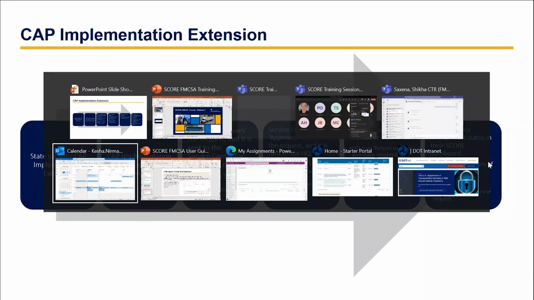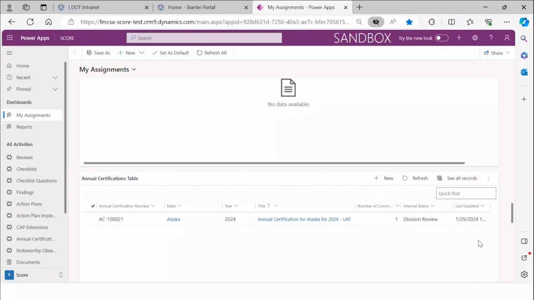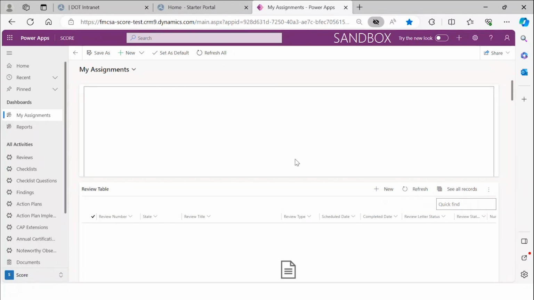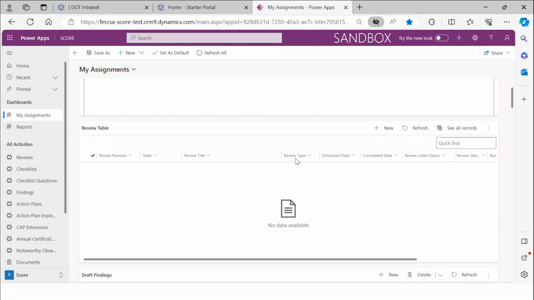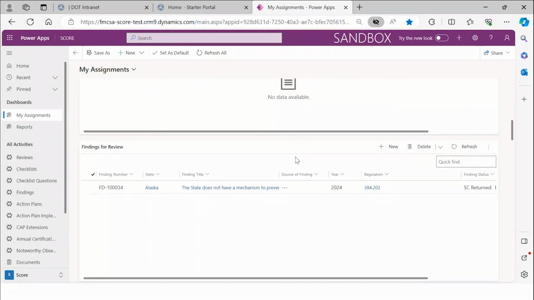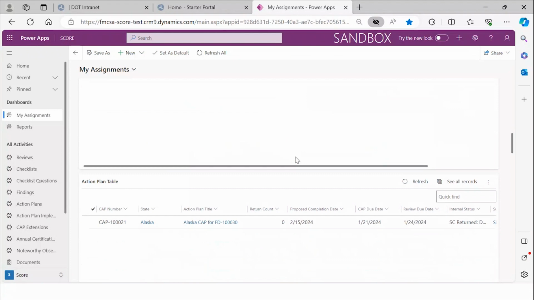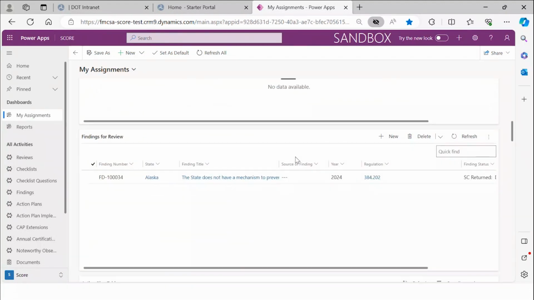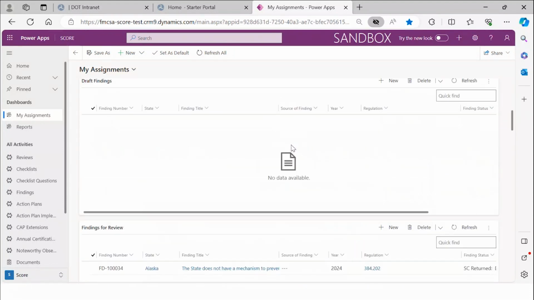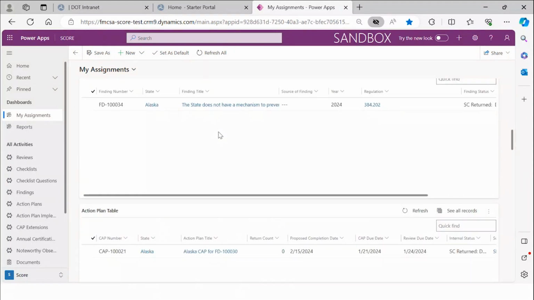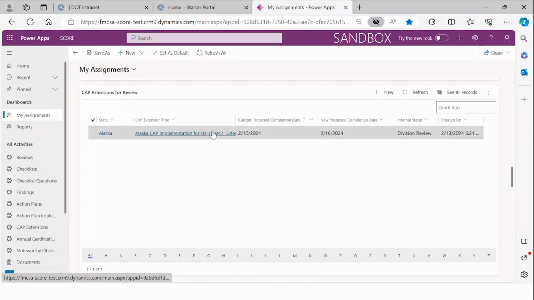All right. So once I log into my state application, I will be going into my assignments. This is the default page that comes in. Being a division user, whatever has been assigned to me, I see in all these different tables. If there are any findings for review, any action plans, any CAP extensions. So I do have one of the CAP extensions that has come for division review, right? So I click open on that,